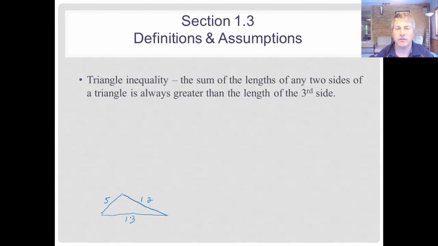5 plus 13 is greater than 12. 5 plus 12 is greater than 13. 12 plus 13 is greater than 5. So we're good there. Okay. Whereas if I draw another triangle, let's say we had sides of 2, 3, and 8. Well, if we look carefully at this particular triangle, it doesn't really even make sense